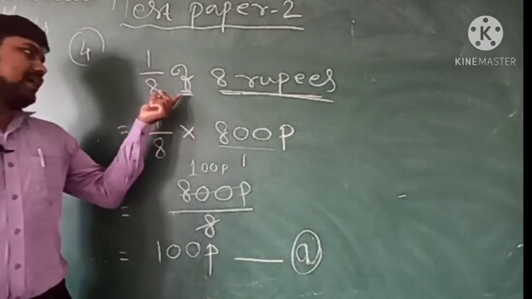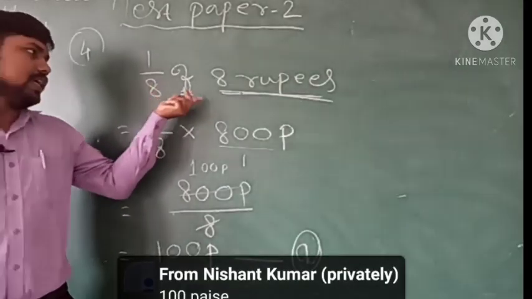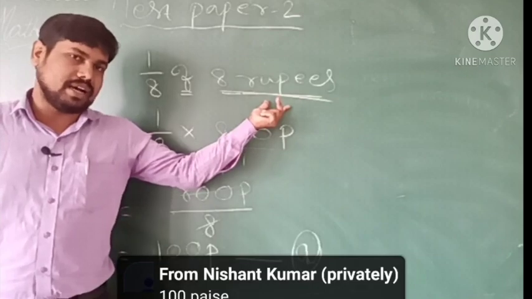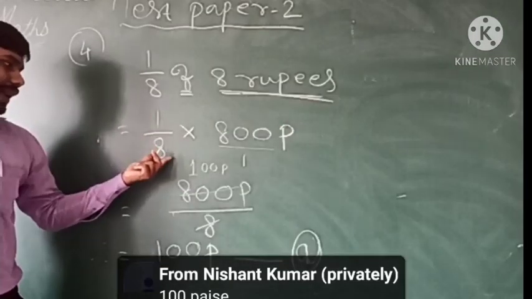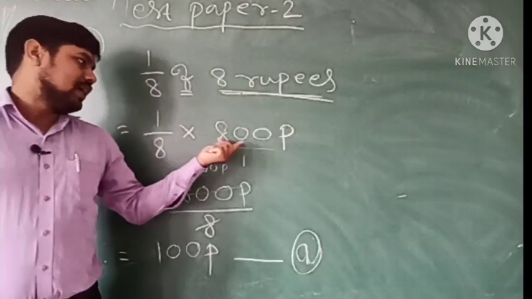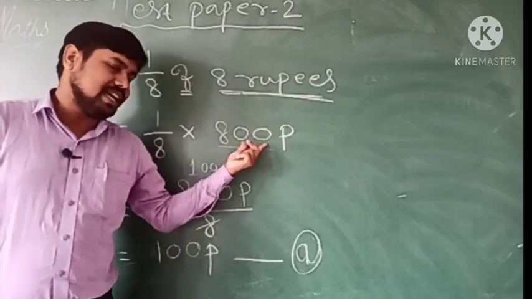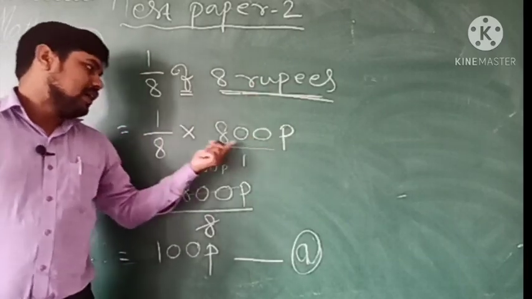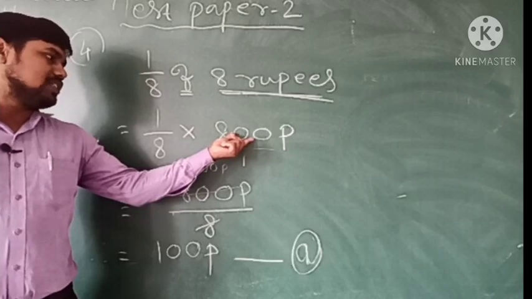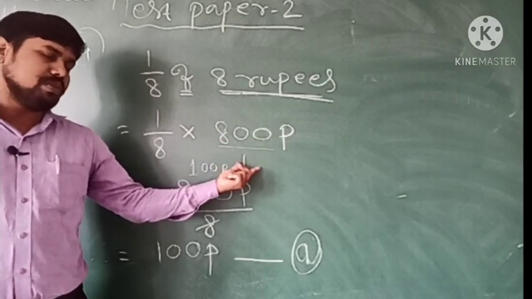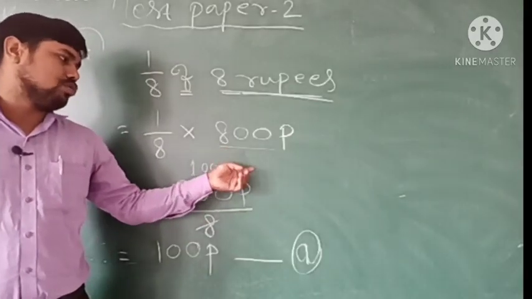यहां पे ध्यान रखने वाला बात है कि 1/8 ऑफ 8 रुपीज ये बोला जा रहा है, तो हम लोग को 1/8 ऑफ का मतलब मल्टीप्लाई होता है, एंड 8 रुपीज मीन्स 800 पैसे. सो 800 पैसे यहाँ पे मल्टीप्लाई करना है, तो हम लोग का सिर्फ न्यूमरेटर में है, डिनोमिनेटर में कुछ भी नहीं है, मतलब 1 कंसिडर कर सकते हो या तो छोड़ सकते हो ब्लैंक.